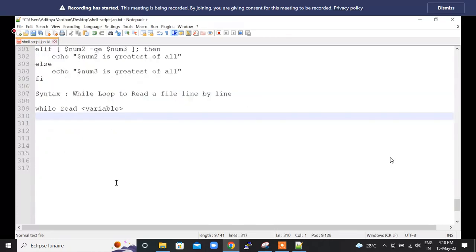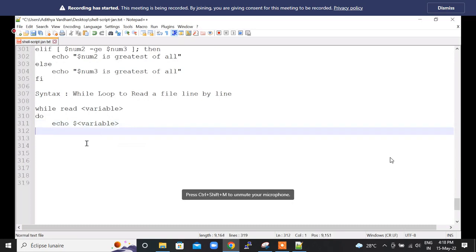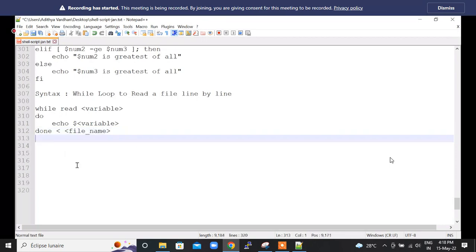You can write any variable, do, and then echo dollar variable. We can write any statements here, done, and then you need to give the file name, which is the file you want to read line by line. So here it would be file name. With this syntax, you can read any file present in your server